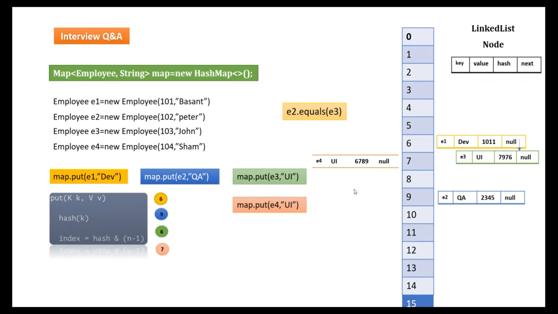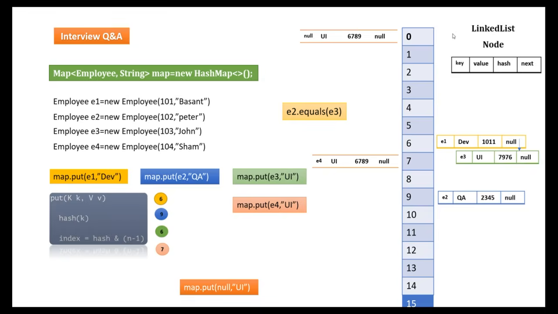Now the interviewer can immediately ask, let's say I pass the key as null. In the map I passed key as null, value as null, then where will it be placed, because we cannot evaluate the hash or index based on null, right? The straightforward answer for this tricky question: directly you can say if the key is null, then that entry will be placed in the 0 bucket. That is fixed. If there is a null key, then that entry will be placed in the 0 bucket. So this is how HashMap internally works.